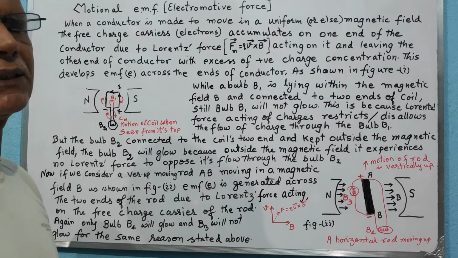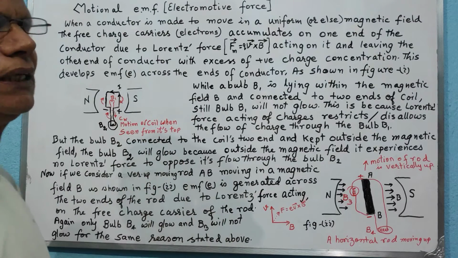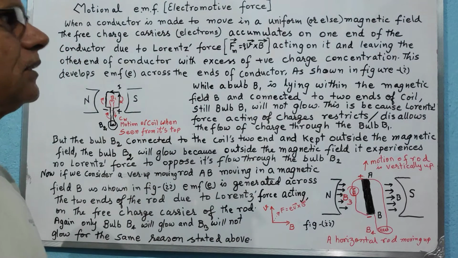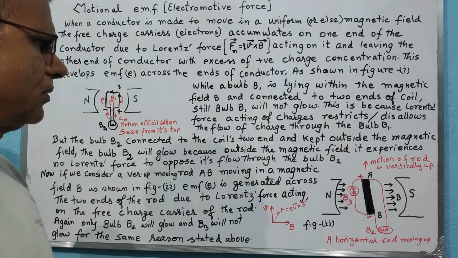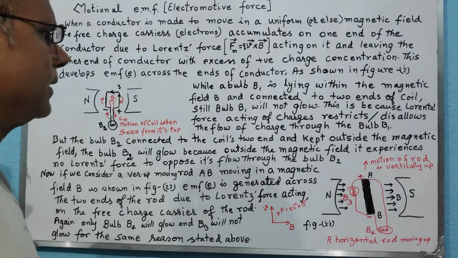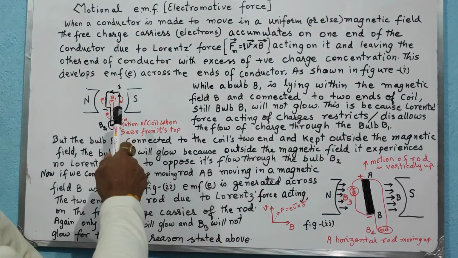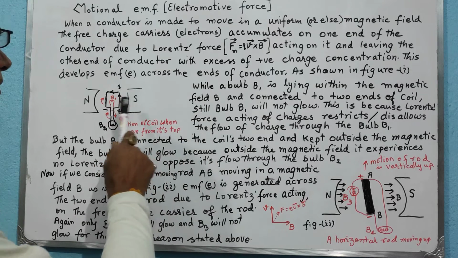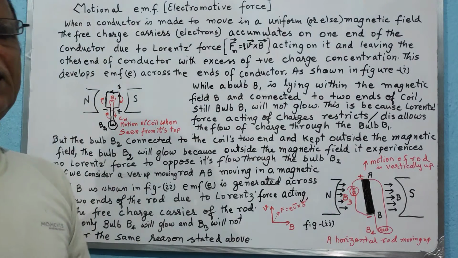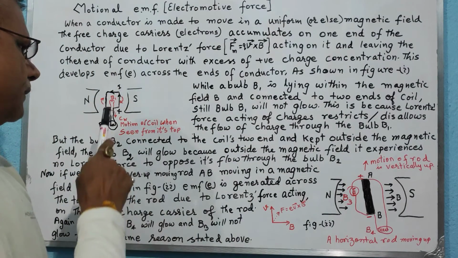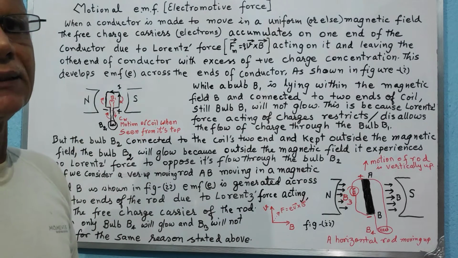The direction of flow of electric current due to this EMF generated can be found by applying Fleming's right hand rule. So you have already read it in class 10. You can again refer to it. So what we are talking is, if the coil is placed in a magnetic field and the coil is made to rotate, some electric current will flow due to EMF generated.